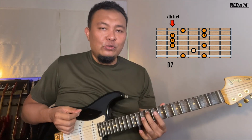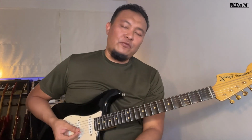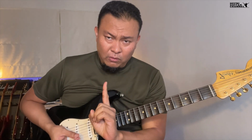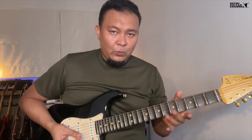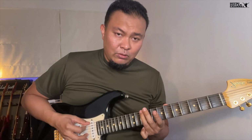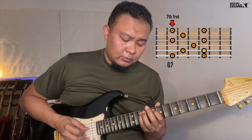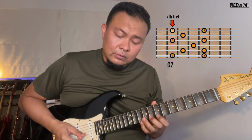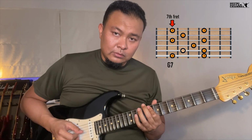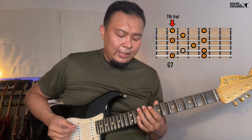And then we're ready to go to the 4/7. Once you've mastered the first 4 bars with just the 1 and the 4/7 chords, now we're going to bar 5. At bar 5, we start again on the D note on the 10th fret of the 6th string. We go. It's just going up and down the same pattern. And then we go back to